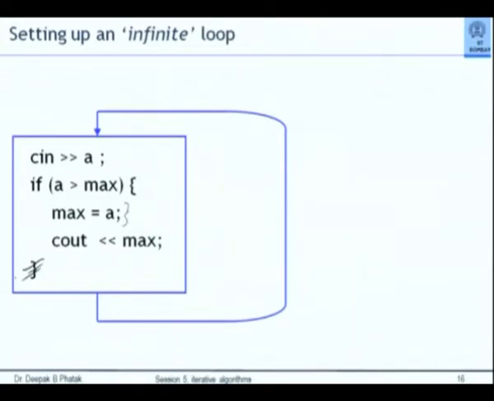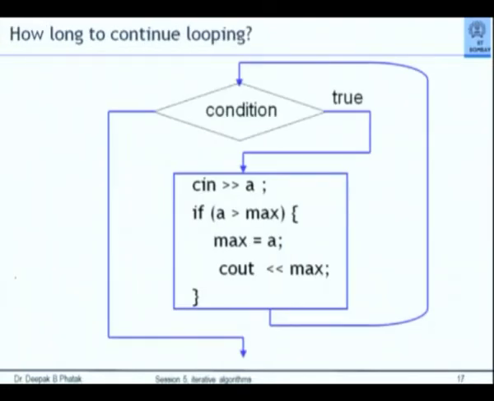This is called an infinite loop. If there was an instruction in C++ which said keep on doing this, then I will set up an iteration which will keep on doing this. But do I want it to be done till eternity? No. I want to stop after my values are over. I want to stop when a certain condition is met. In this case, the condition is that if there is no more input, I want you to stop. I would therefore like a structure which looks like this.